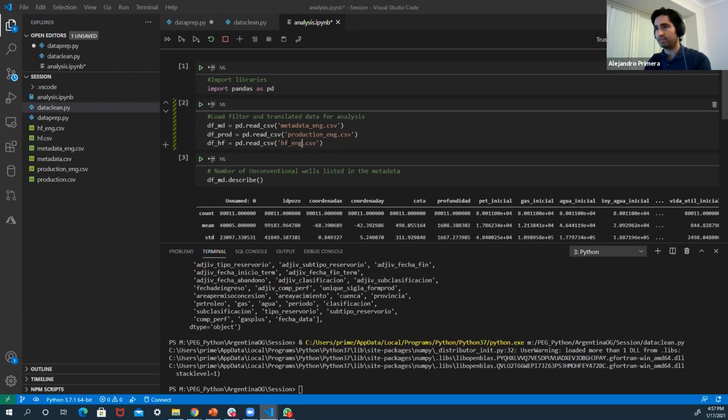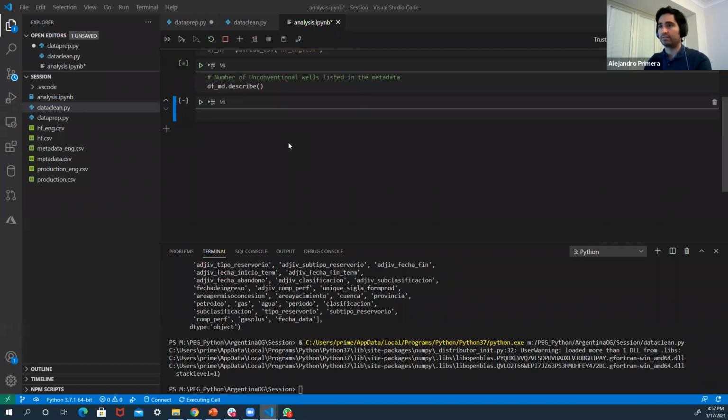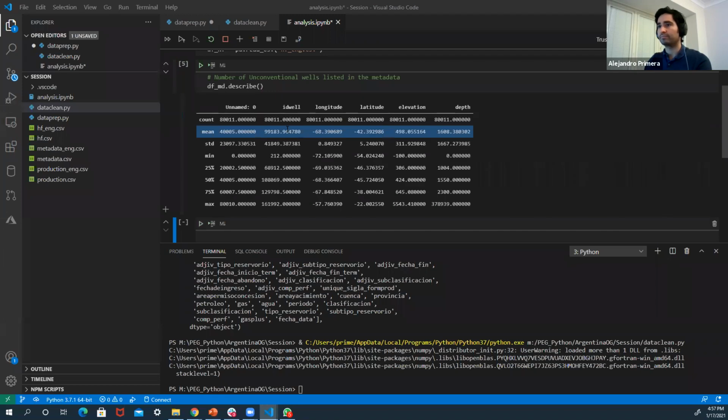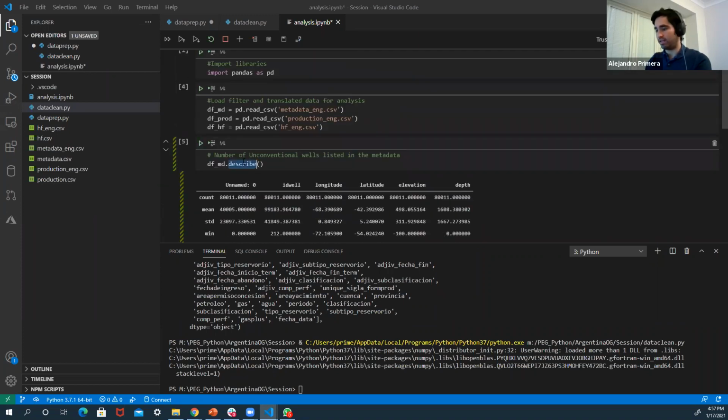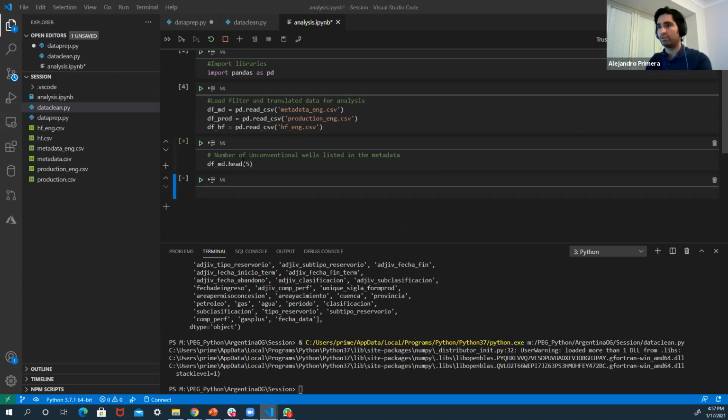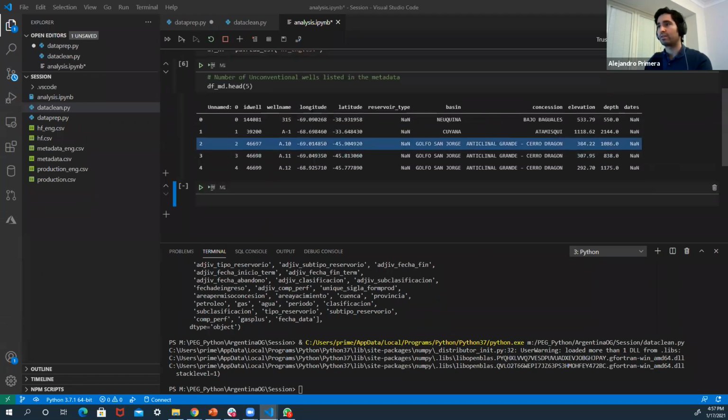That's fine. Let's run it again. So I have a latitude, longitude, and these are just numerical values in the data, ID of the wells and so on. And if I want to see only the headers, only the first 5 values of the data, I have,